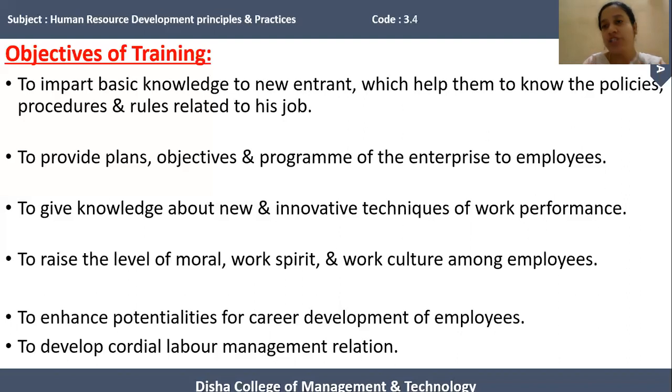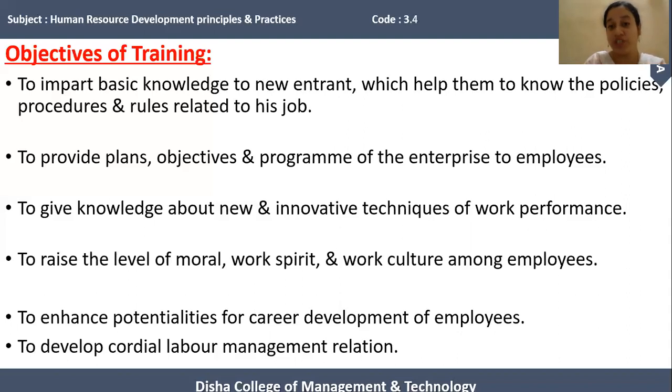Whatever the organization plans, whatever the objectives, whatever the strategy the organization is going to adopt in the near future, those things can be imparted to the human resources through training. Whatever programs and plans the organization or top management prepares can be imparted to the employees through training. For performing a particular task, whatever skill is required can be provided to the human resources through training. And whatever the strategies